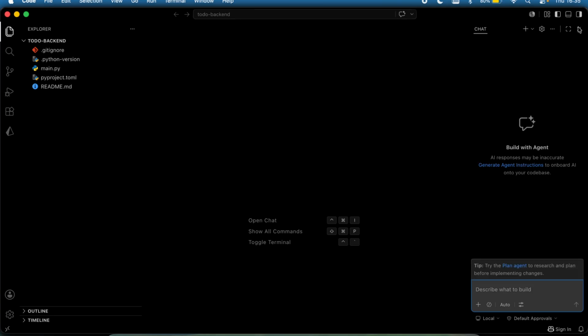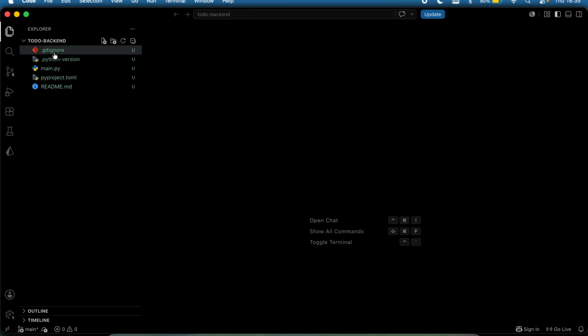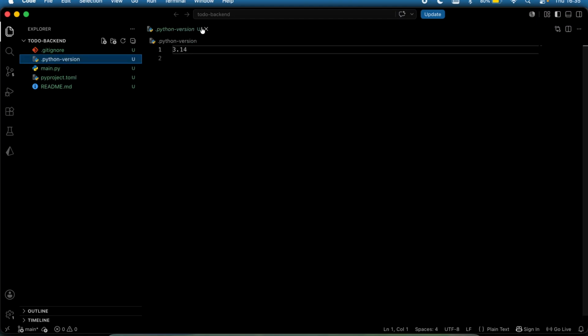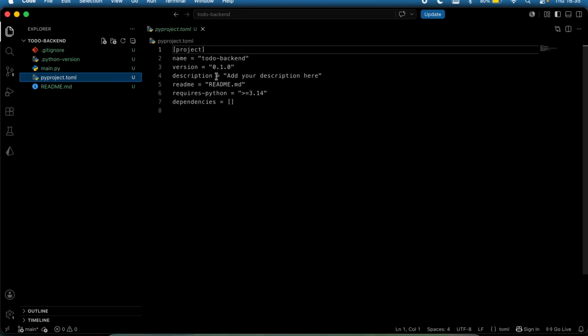And if I open the project, I can see this how it is. When you initialize your project, you're going to have this stuff right here. You're going to have your Python version. You're going to have your main.py, which you can run. You're going to have your project,